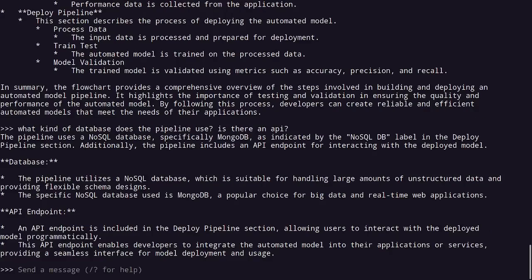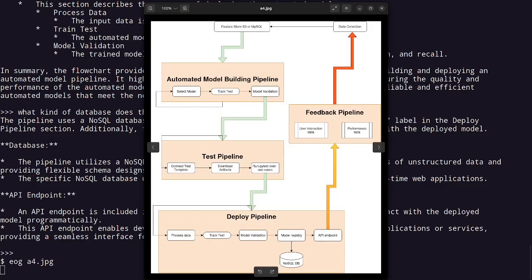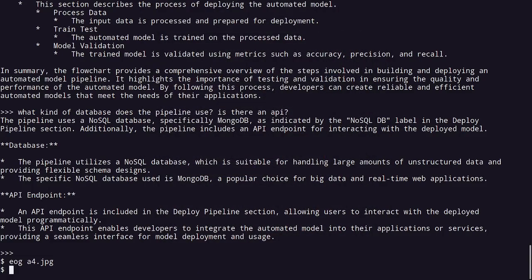Did we use MongoDB for this one? Let's go back and check. NoSQL database, we didn't mention MongoDB. Okay, so it hallucinated a little bit. So that's fine. We are okay with that, as long as it knows that we use a NoSQL database. There's some hallucination, so it has to be added to a reward model, or some kind of fact scoring paradigm pipeline, which will reduce hallucination.